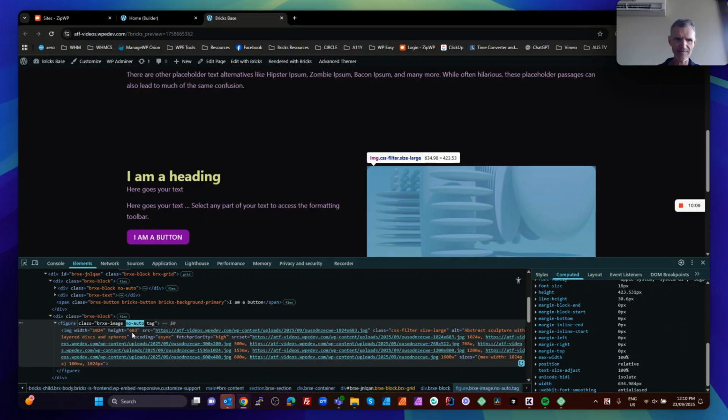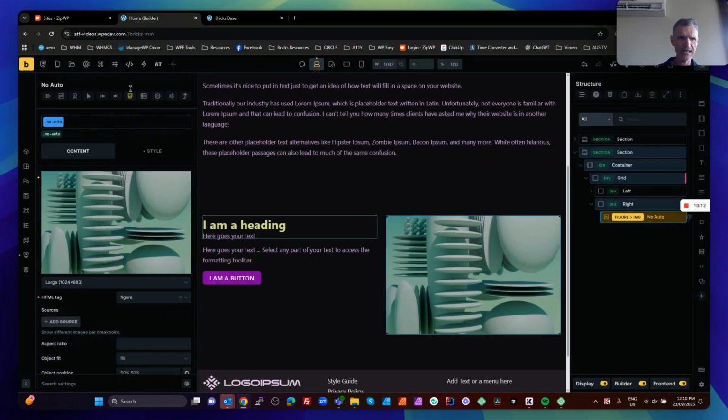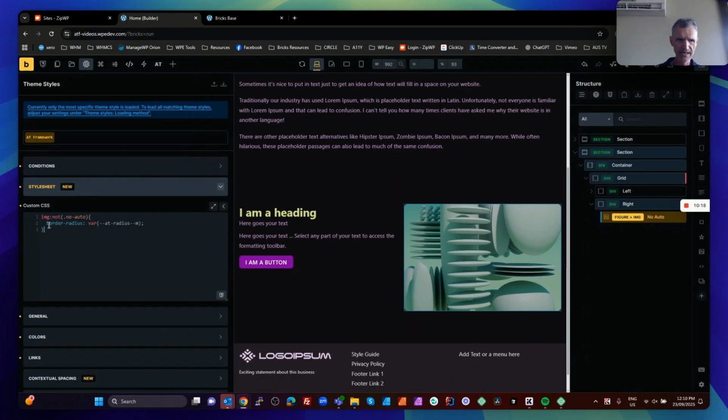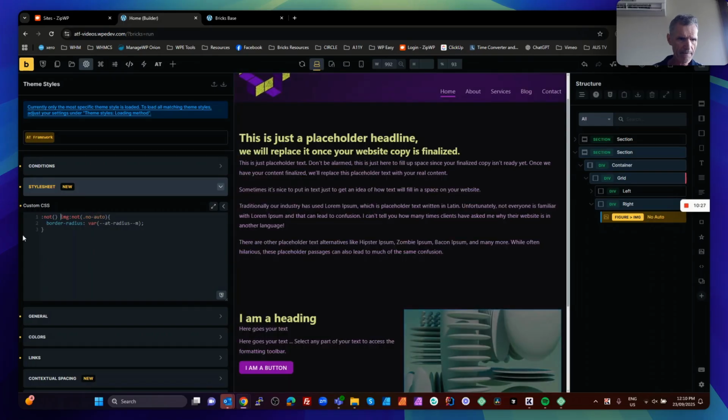We want to target that image. So the way we're going to do that is in the settings up here, go to theme settings, back to our style sheet. We're going to enhance our rule to say not dot no auto followed by an image. So we say only if the parent of our image doesn't have no auto on it and our image does not have no auto on it, then we're going to set the border radius. Okay, so now it works